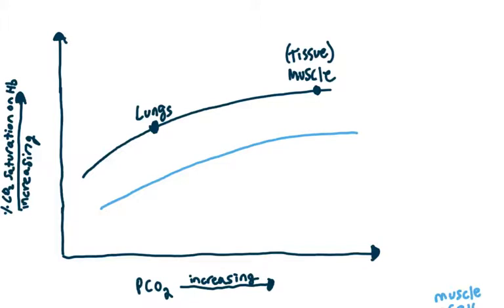But in the Haldane effect, if you look at the same exact point, near the lungs, what's happening is that for the Haldane effect, we look at what happens when we increase the concentration of oxygen. So if we increase the concentration of oxygen near the lungs, we see that CO2 saturation drops. Less CO2 is now going to be bound onto hemoglobin. Why does that